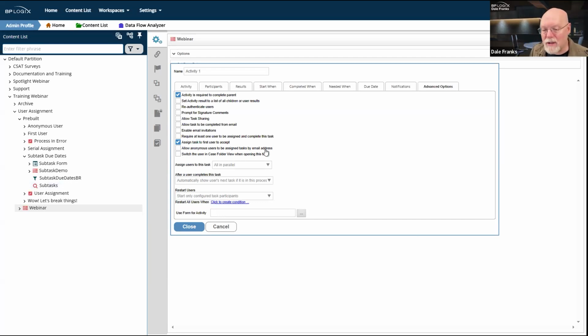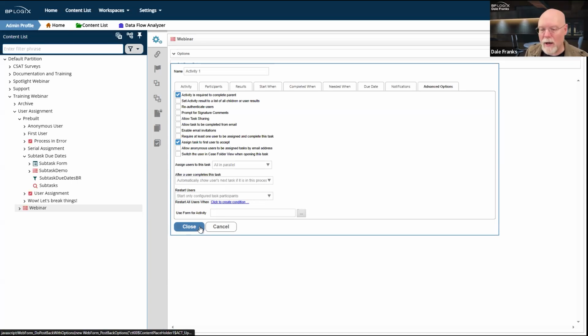When the task starts, all of the participants in the task are notified that they have a task. And if they open up the form for that task, they will not see a task completion button. What they'll see is an accept task button. And the second that someone hits that accept task button, then the task assignments for all of the other users are satisfied and they go away.